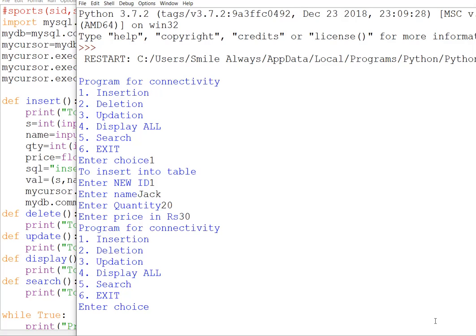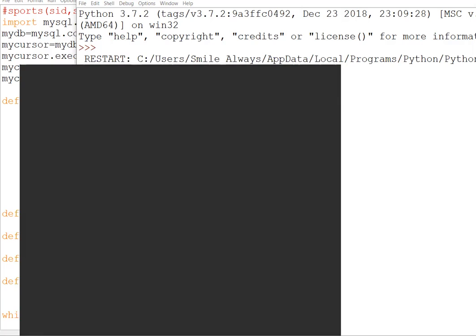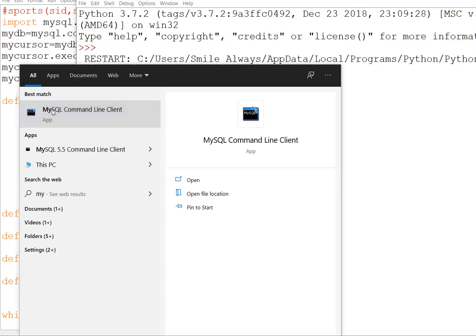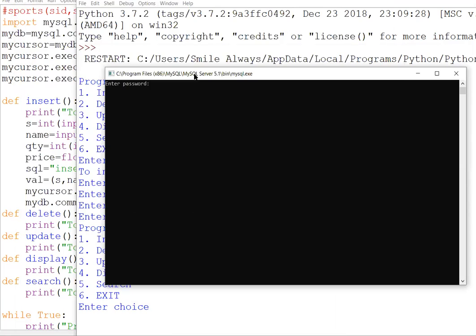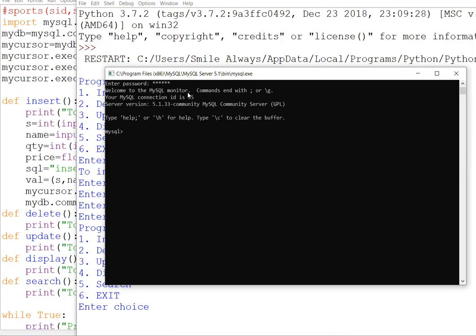Now we will check whether it is actually working or not. See, we are not getting an error. It means it is going to work, but still we have to check. Select asterisk from sports. I was supposed to write any sports name actually. See, you can see that it is working.